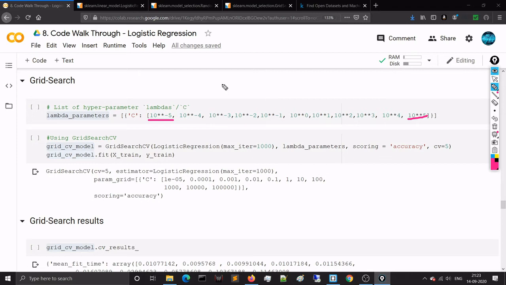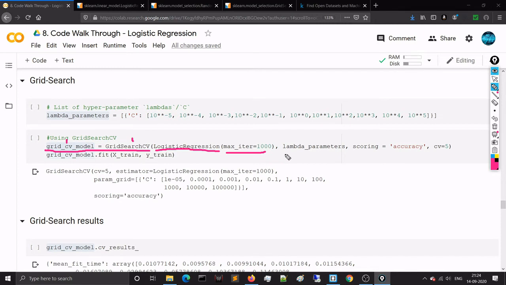And I will use grid search CV to find which one of these C values or lambda values best fits our logistic regression model for a particular training data set. Okay, very cool. So this is how you will instantiate your grid search CV class. Give an object name, instantiate it using grid search CV, then give your estimator. I have said estimator is nothing but your machine learning model name. What is your machine learning model name? Logistic regression. I am giving an additional parameter, that is max iter 1000.